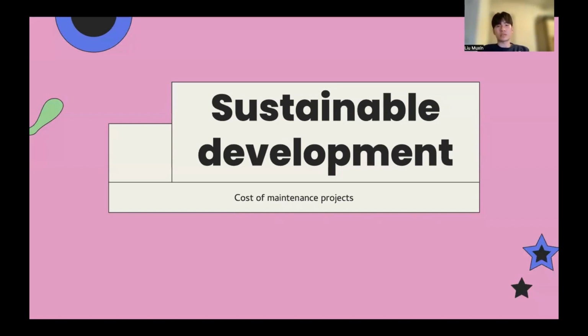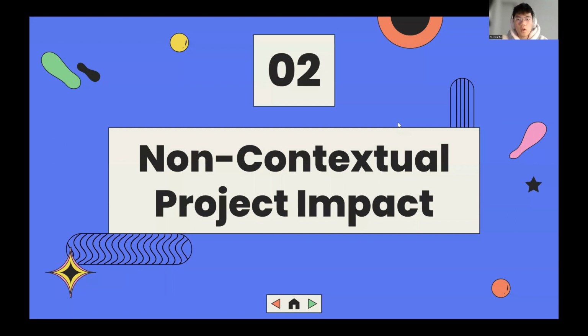Okay, let's move to the next part. So, what will happen if we don't take these factors into consideration? What kind of negative impact would this project have if we assess it in a non-contextual way? Our group came up with six aspects that need to be taken into consideration. For example,